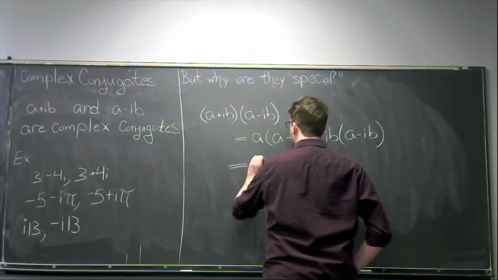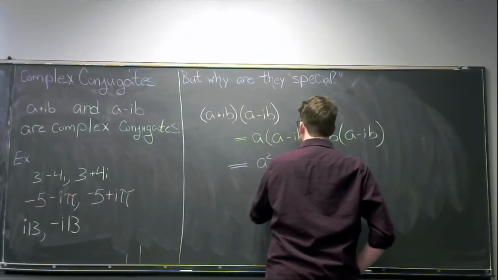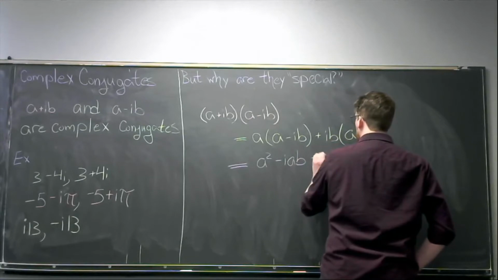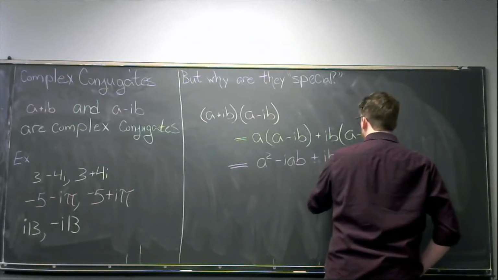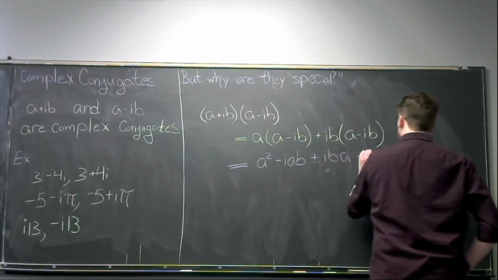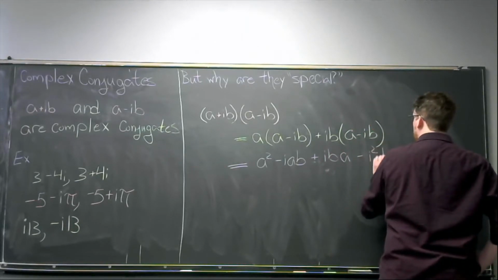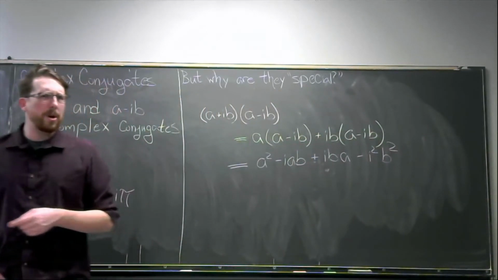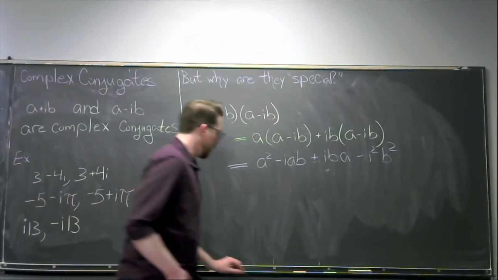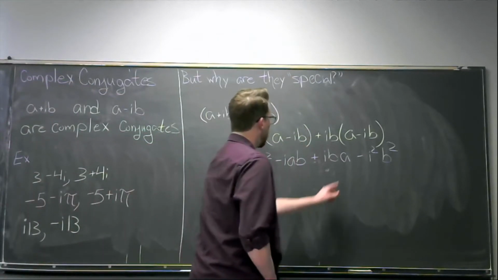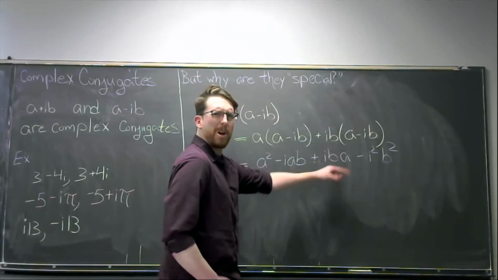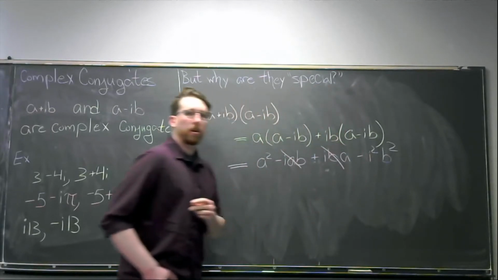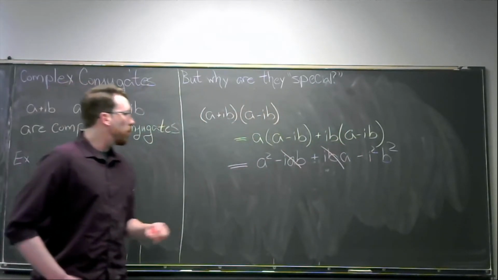This is going to come out to be a squared minus i times ab plus i times ba minus i squared b squared. Well, hey, look at those middle two terms. These two things are identical, right? But opposite. So they cancel out. This cancels with that. So all we're left with then